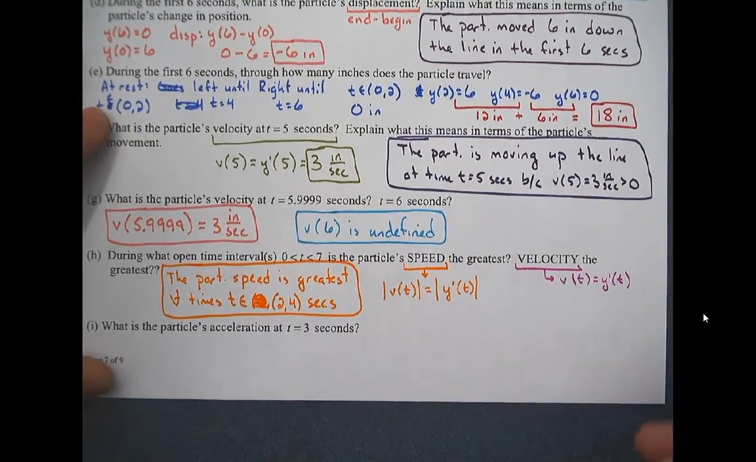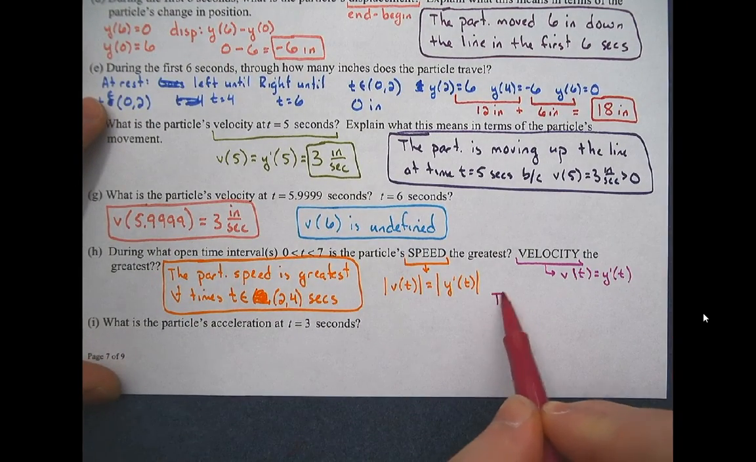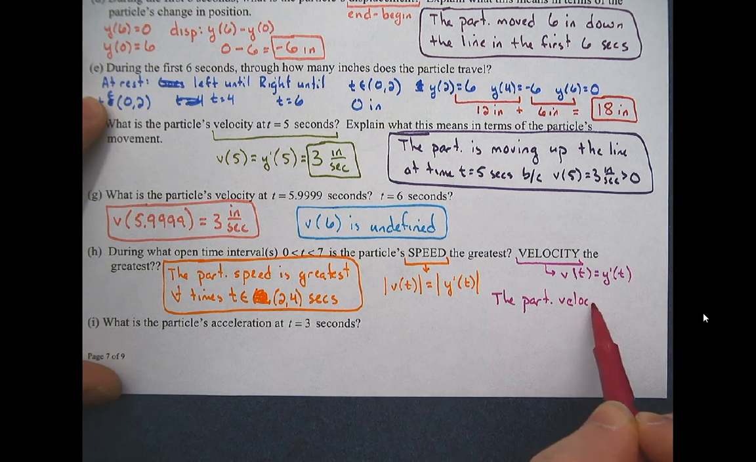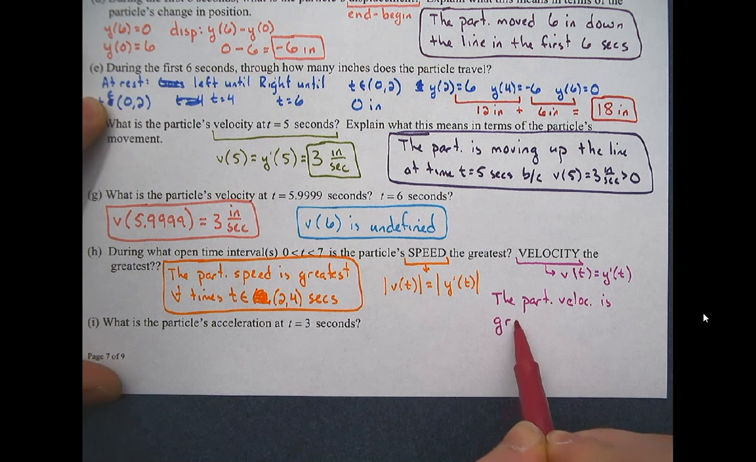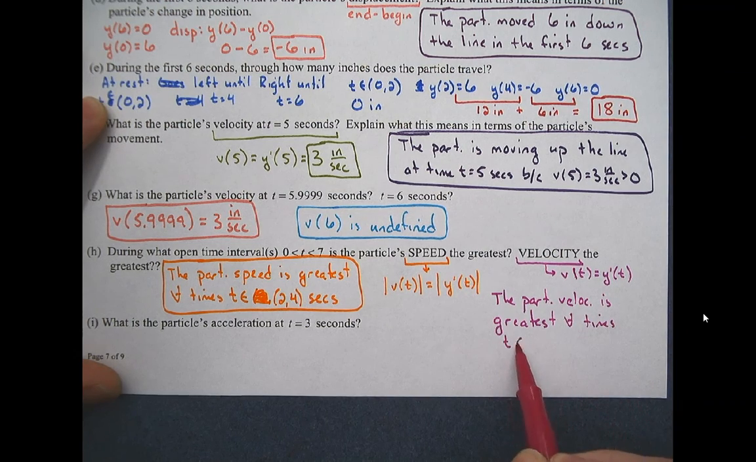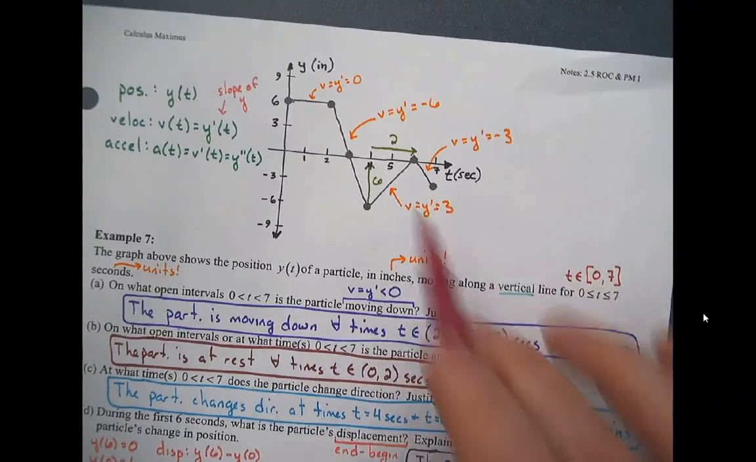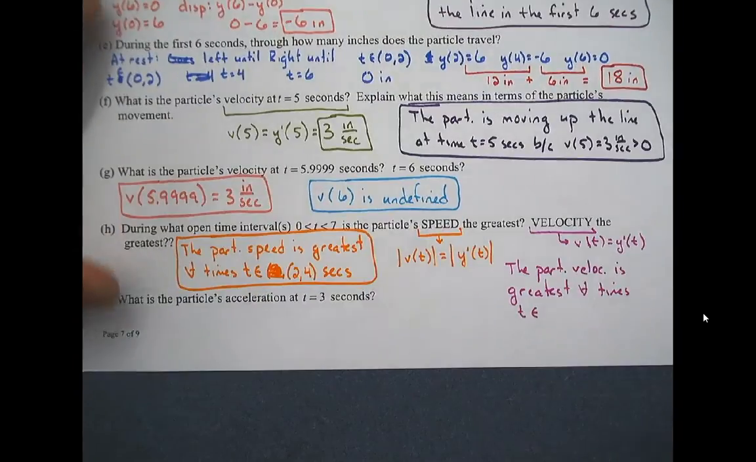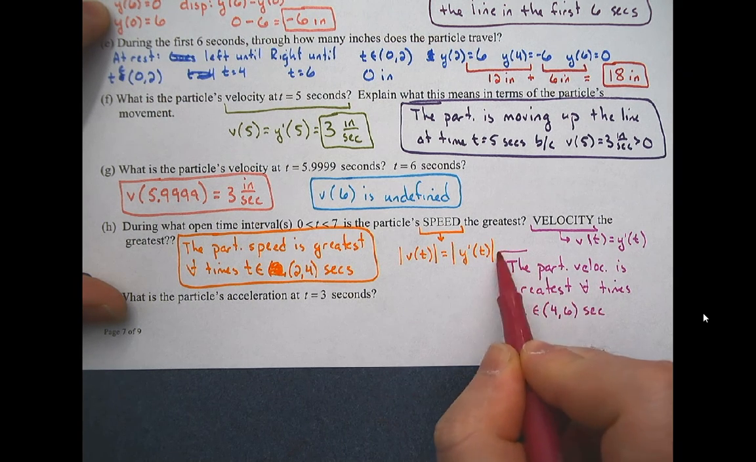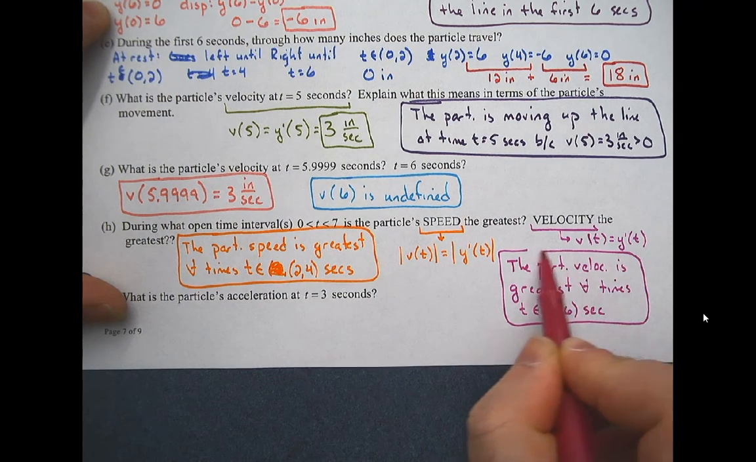So we would say the particle's velocity is greatest for all times t is an element of, okay, so what intervals is that number 3? So from 4 until 6 seconds. 4 until 6 seconds. Now it doesn't have a justify here, so we don't have to feel like we have